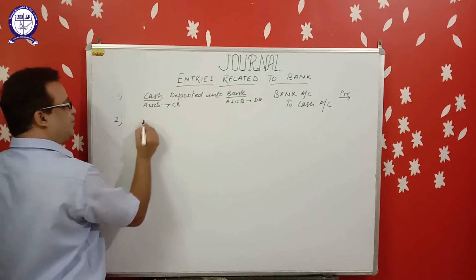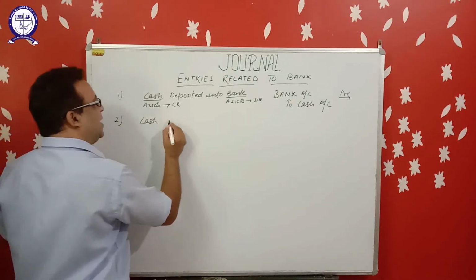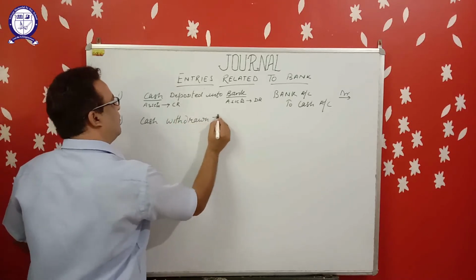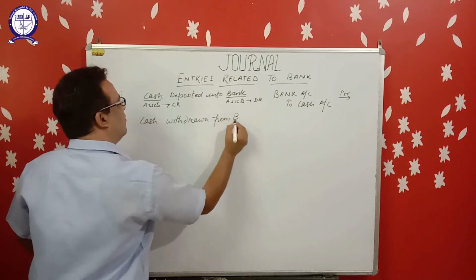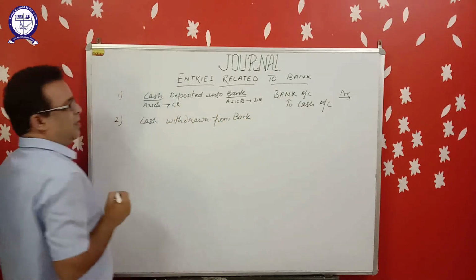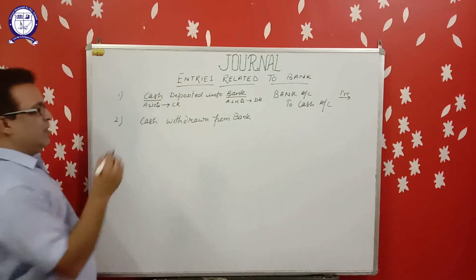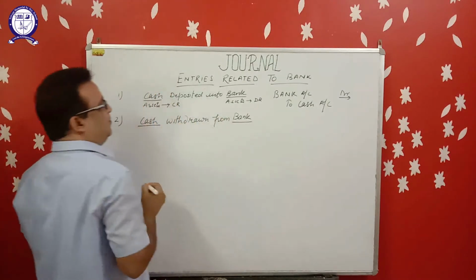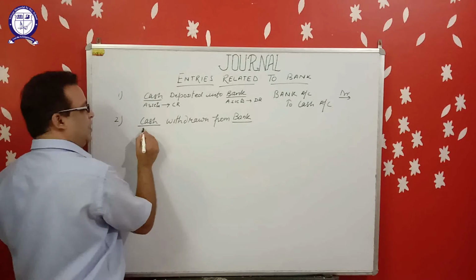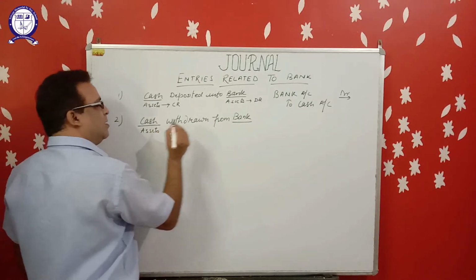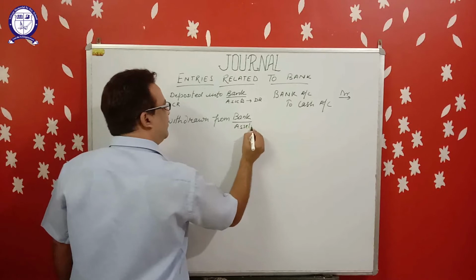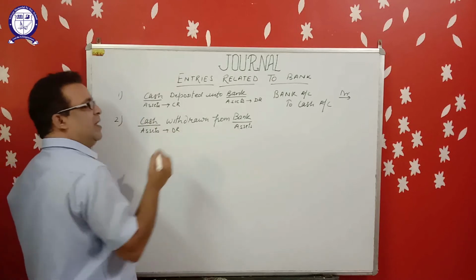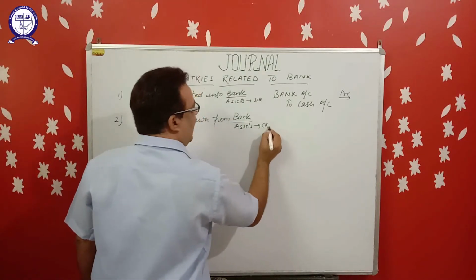Second point, cash withdrawn from bank. Now again two accounts are affected, cash and bank. Both are assets, cash and bank. Now cash balance is increasing, that's why it will be debited, and bank balance is decreasing, and this will be